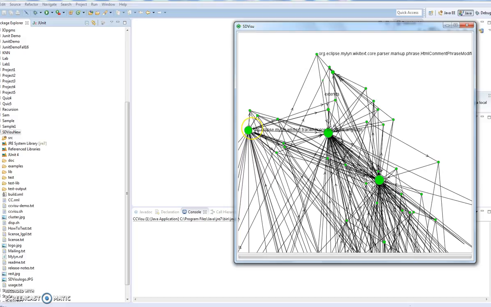Okay, all right. Here each green node indicates one Java file, and an edge indicates the static dependency between those Java files. Each visual cluster groups the source code files into a coherent area. SDVisu employs a force-directed drawing layout, which balances the forces of all the nodes in a cluster. The size of the node here is proportional to its edge degree, which means the larger the node, the higher